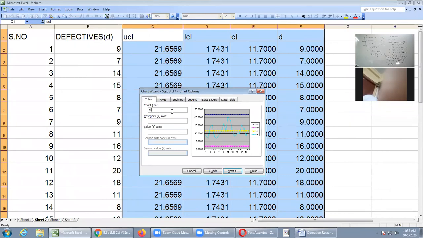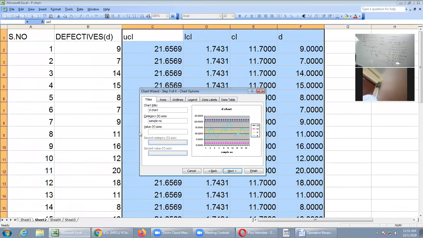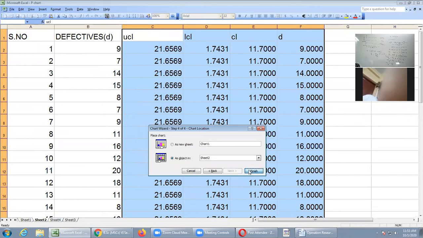D chart, simply D chart, or control chart for number of defectives. X-axis always sample numbers. Y-axis, what have you considered? Y-axis is number of defectives, the d values. Then press next button and then finish button.